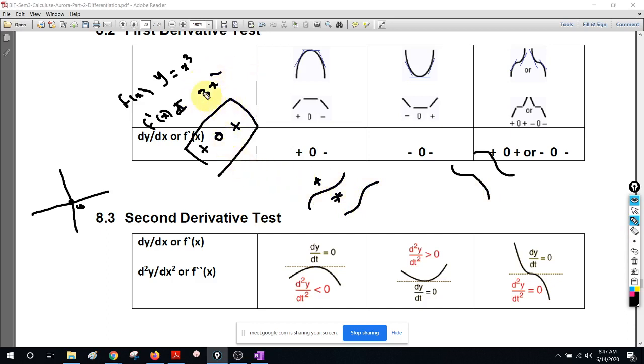There is no other point where the derivative is going to be 0, therefore that is the only critical point. So x equals 0 is the only critical point for the y equals x cube graph. It must be either this one or this one, I never know. So it can be something like this or something like this. Now let's really look at the exact graph of y equals x cube